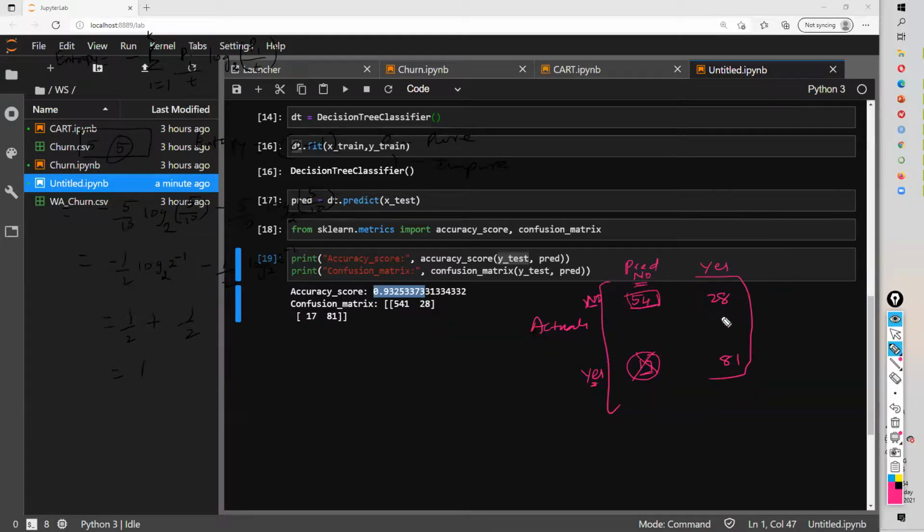Vice versa. When we predicted yes, that means when we say the person is having COVID, 81 times the person was really having COVID, 28 times the person did not have COVID, but we said yes. So these two are errors. These two are our mistakes. And these are smaller numbers, 28, 17. These are our correct decisions. Look at our correct decisions. They are bigger numbers, 541, 81, etc.